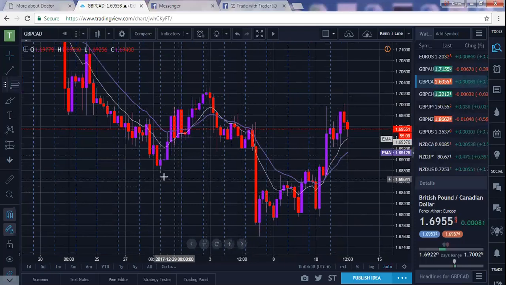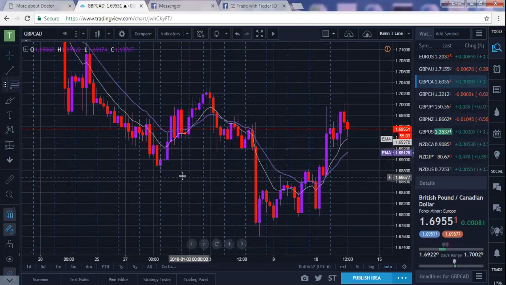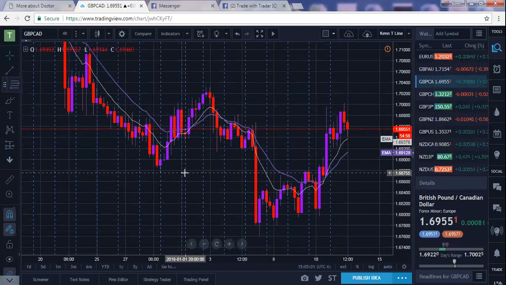Boom. Probably would have just targeted here. That's probably where I did target. Most likely, just for a nice quick little trade, because it doesn't matter how many pips you make. It's all about the percentage. So if you're risking